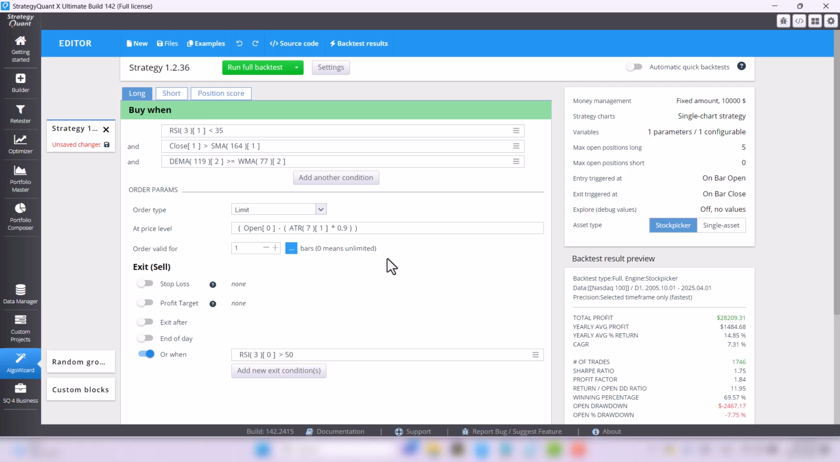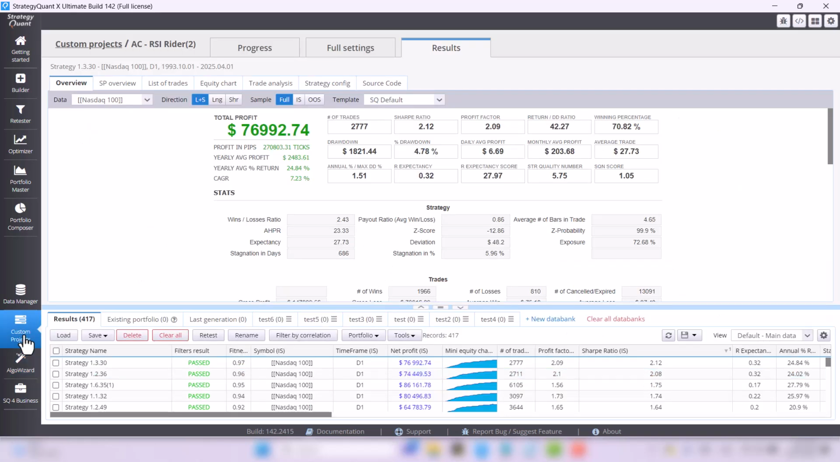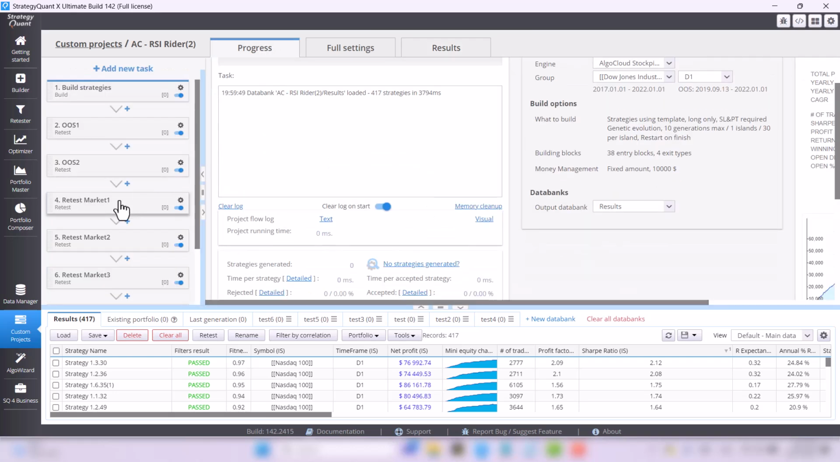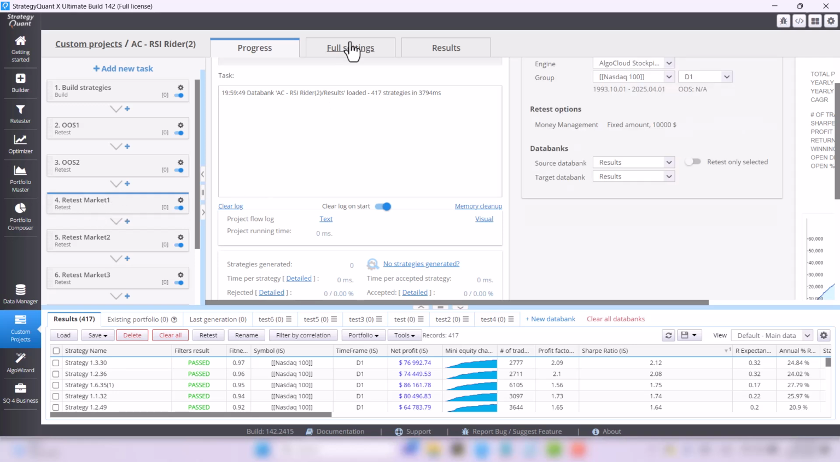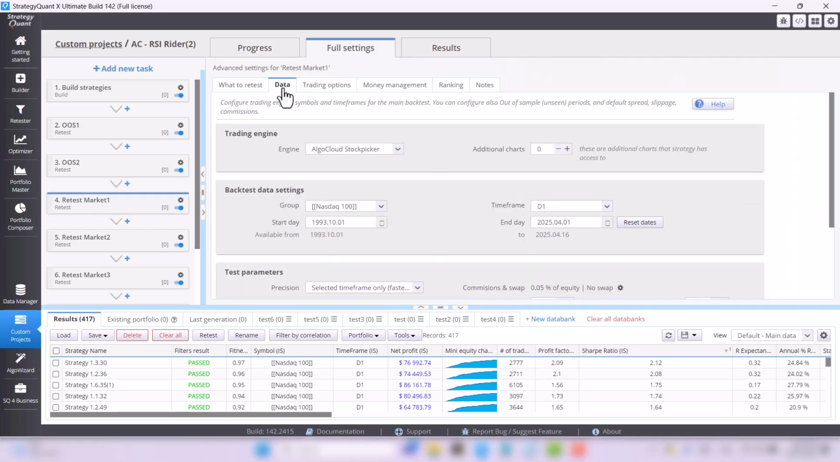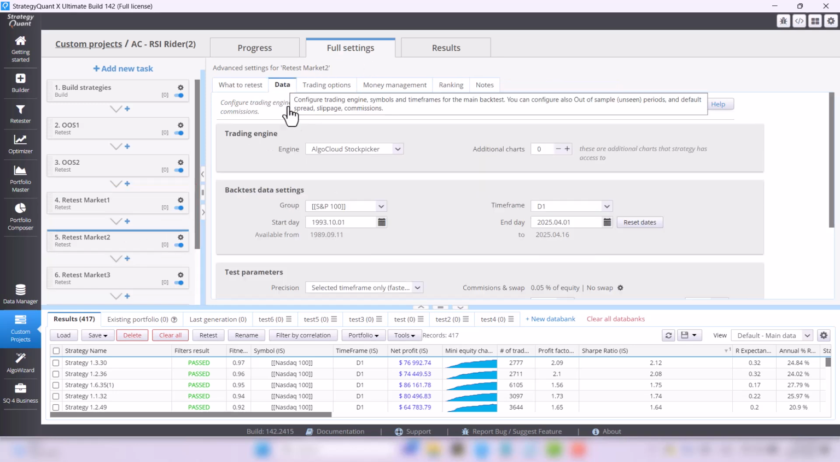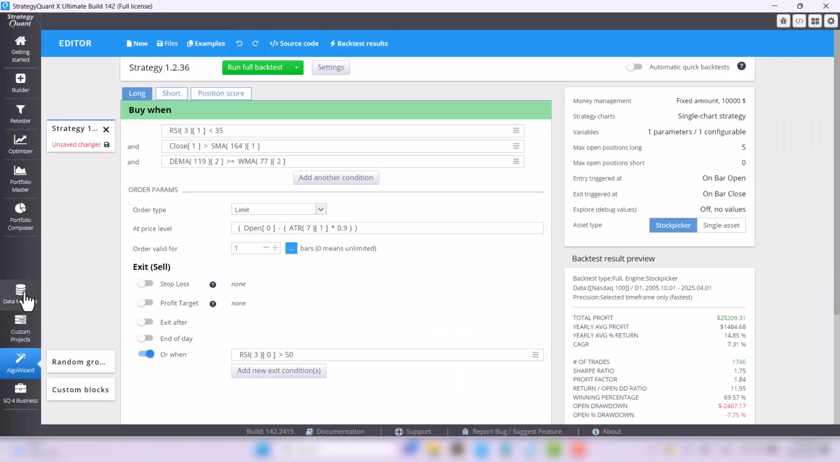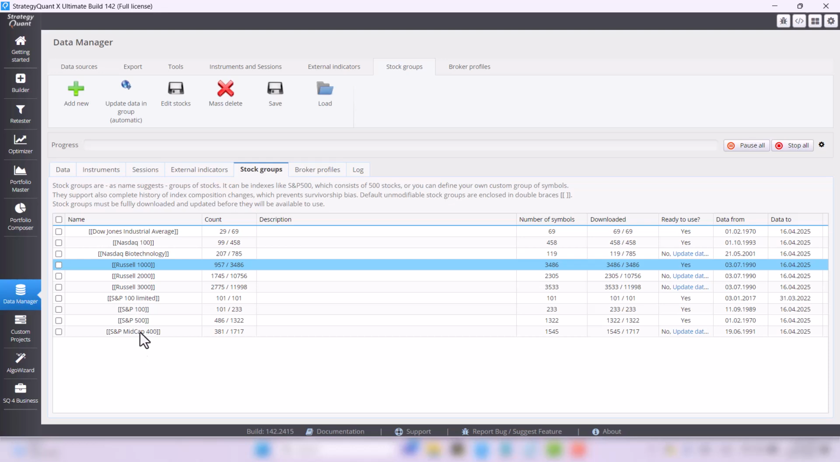Another interesting test is that we try out the strategy on another index. This is called the additional market test. We retested the strategy on several markets before, because if you look back in custom projects and open the RSI Writer, these were the Nasdaq 100, S&P 100, and S&P 500 markets. However, if you look in the data manager, we have other stock groups available here, Russell